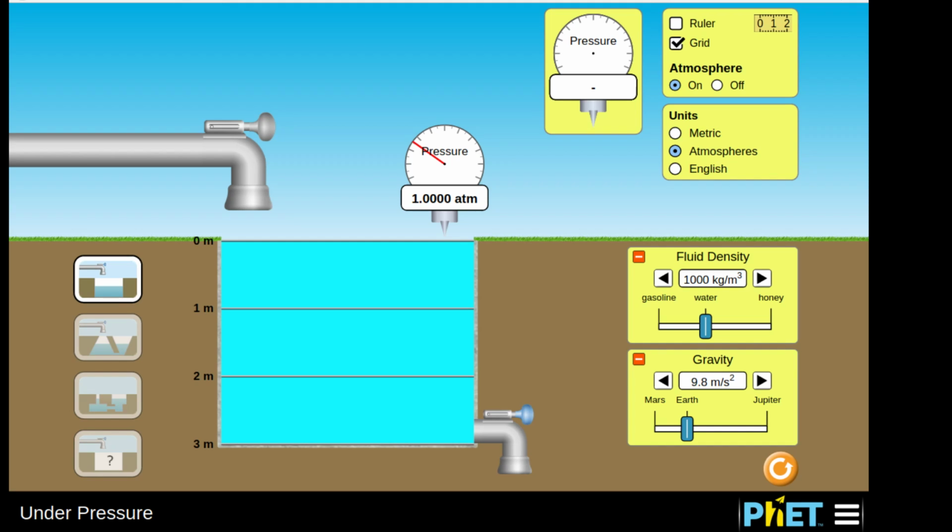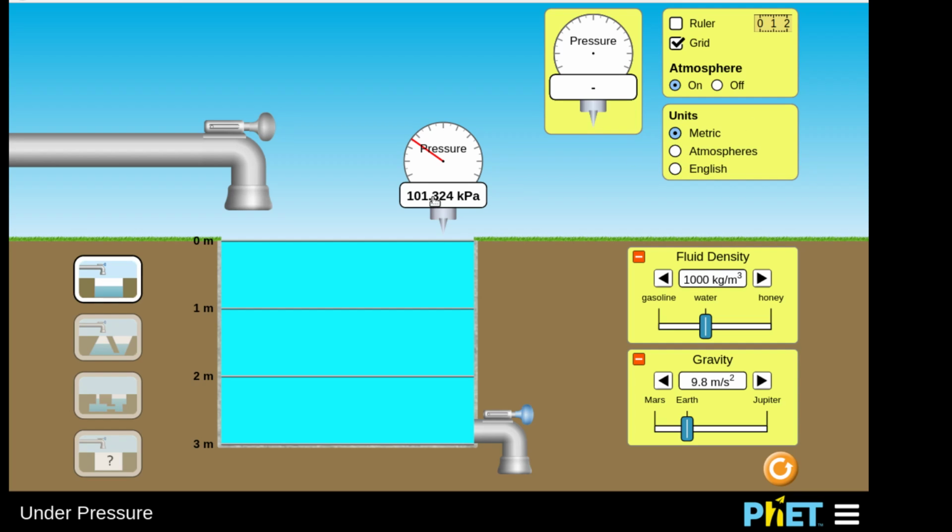Hey, we want to learn about pressure in a fluid, going down in a fluid, for example. And we're under pressure right now, 1 atmosphere of pressure from where we stand on the surface of the Earth. And you can see here, if we go up and down several meters in elevation, we're still pretty much at 1 atmosphere of pressure,